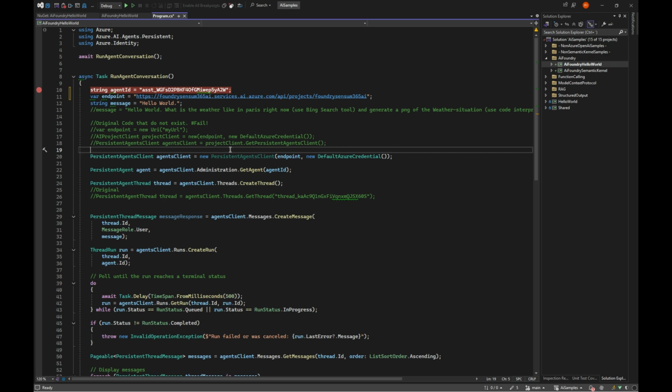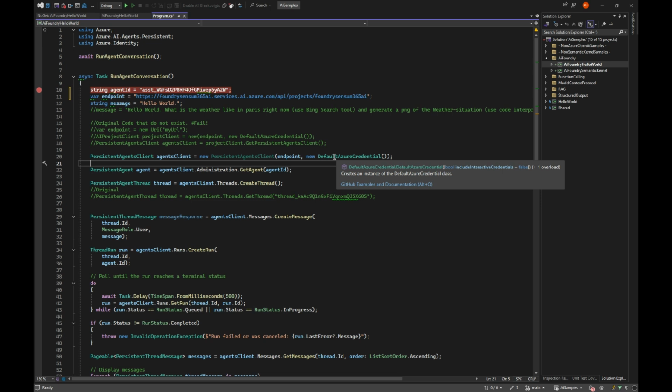This one exists, but you can't turn this one into a persistent agent client because this extension method doesn't exist. Or it could be in some kind of NuGet package that I don't know, but again, they are not telling what's going on. But in any case, we can make a persistent agent client, and we can't use API keys and stuff. As far as I can see, there is one, but I can't get it to authenticate using it. But you can use the default Azure credentials. So I'm using the Azure CLI credentials.